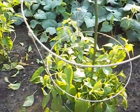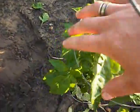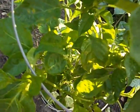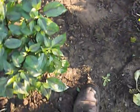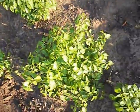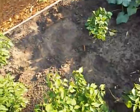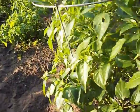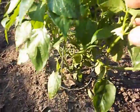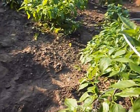White Bhut, Bishop's Crown, Ahi Crystal. It's my only one of this, and it's starting to get all those speckles on the leaves. You can see that. So that might be coming home with me next. Big lemon drop. It's huge, but it's losing a lot of leaves, as you can see. So, moseying on through here to my Ahicito. Got some flowers on it, and maybe some small pods, but